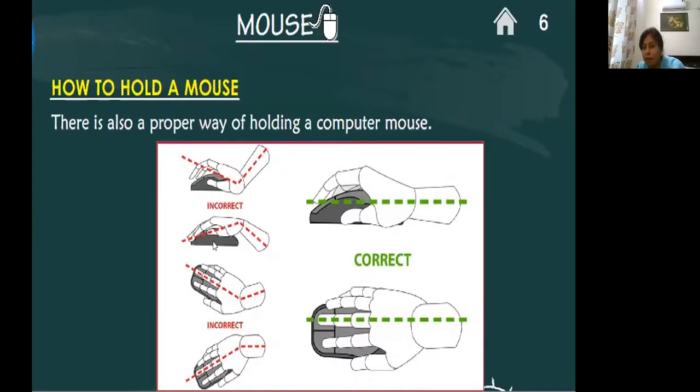You should not bend your hands also. You should not raise your hands. And you should not twist your hands, because eventually it will start a pain in your hands. So always place your hands in a very straight manner, and your palm should always be on the flat portion. It should be in a proper straight manner.